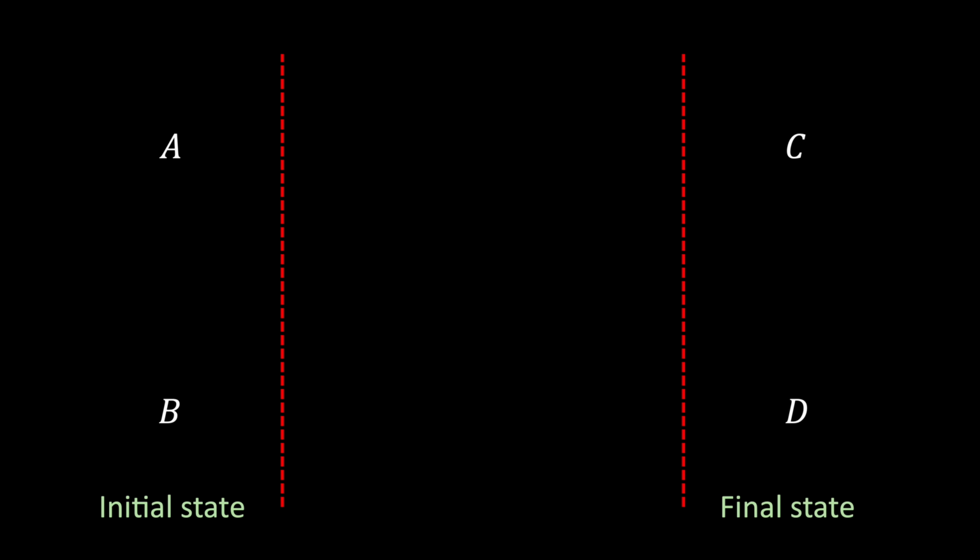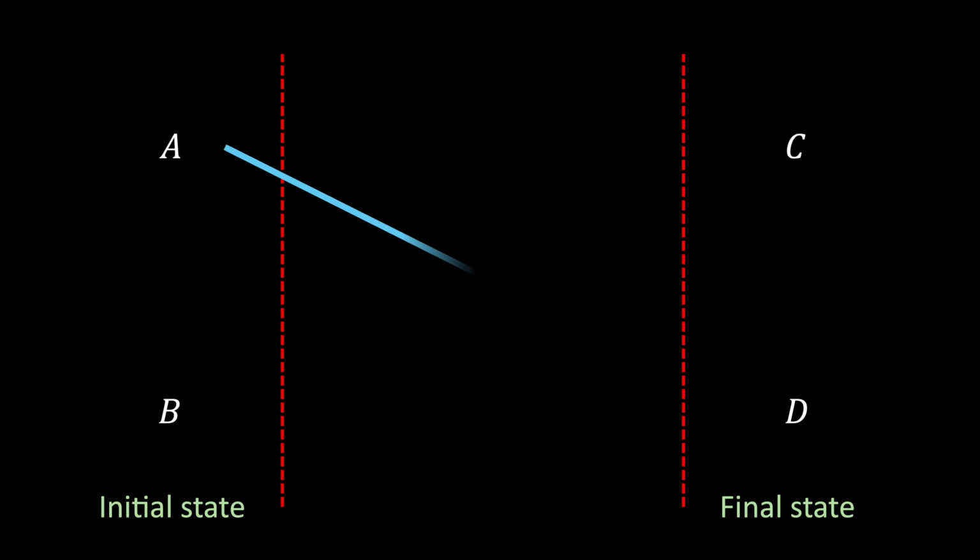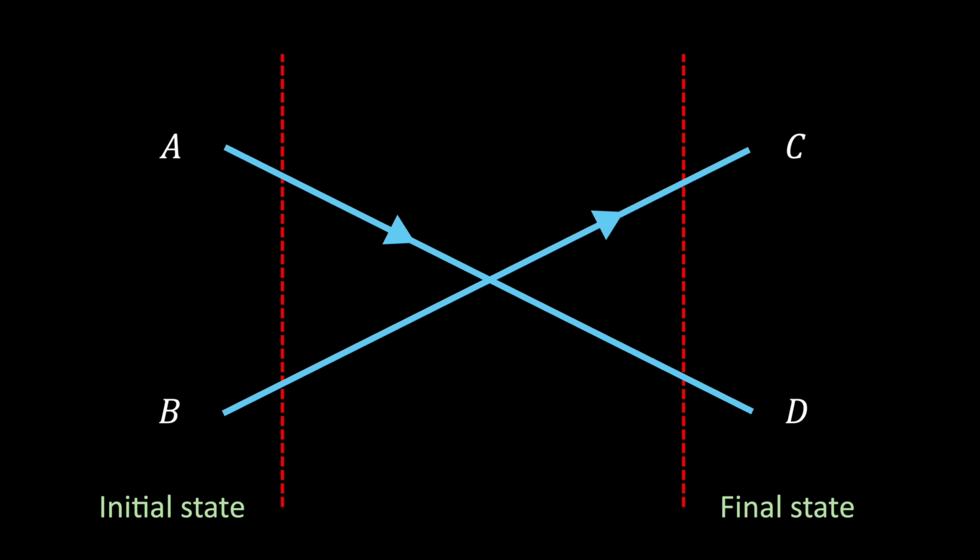For example, imagine two electrons that begin at points A and B and are later detected at points C and D. Even if there were no electromagnetic interaction at all, there are still two ways to connect the initial state and final state. The first corresponds to the situation where the electron from A ends up at C and the electron from B ends up at D. But another possibility is that A ends up at D and B ends up at C. Because electrons are indistinguishable fundamental particles, we cannot tell which of these two processes actually occurred. Quantum mechanics therefore requires that both possibilities be included.